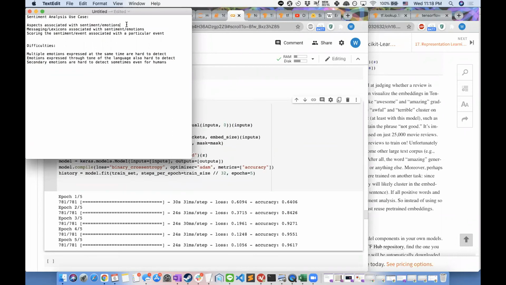Then in this case, it will be a football game. That's the aspect. And the lexicon that I used was exciting. Now this is more for marketing, because a lot of times you want to speak your audience's language. So if your audience is using the word exciting, then you might want to use exciting instead of